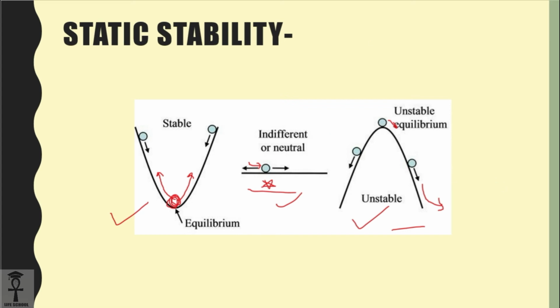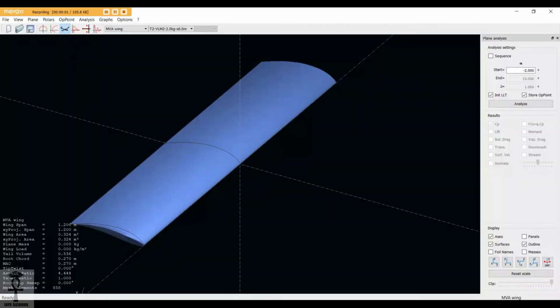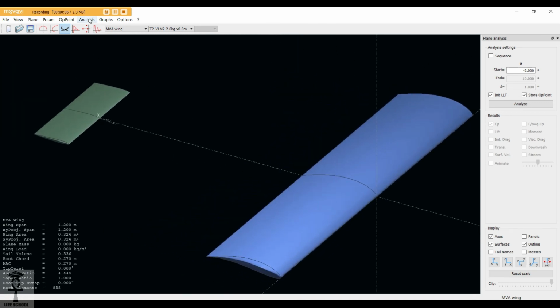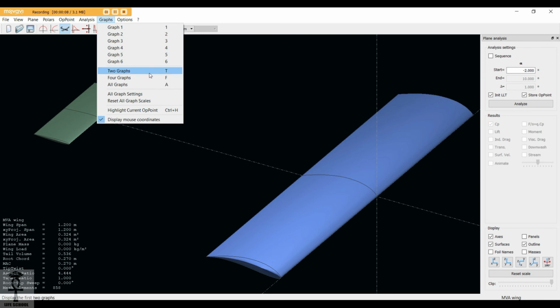Now let's analyze our plane in XFLR 5 and see what we have got over there. Now here's the project with our tail. I'll show you my tail specifications that I have calculated from XFLR, like the tail volume coefficients.